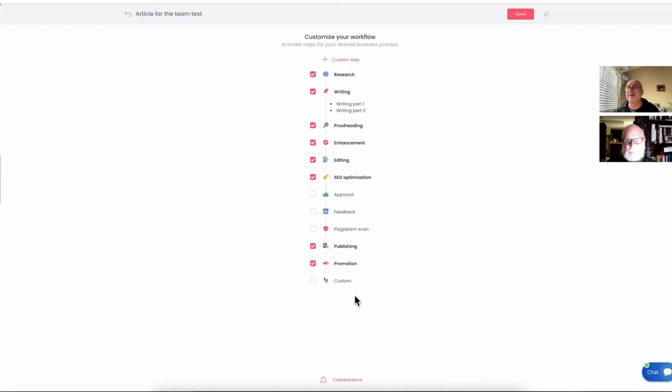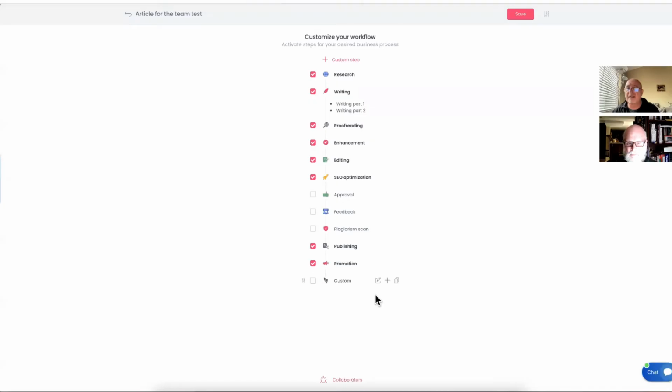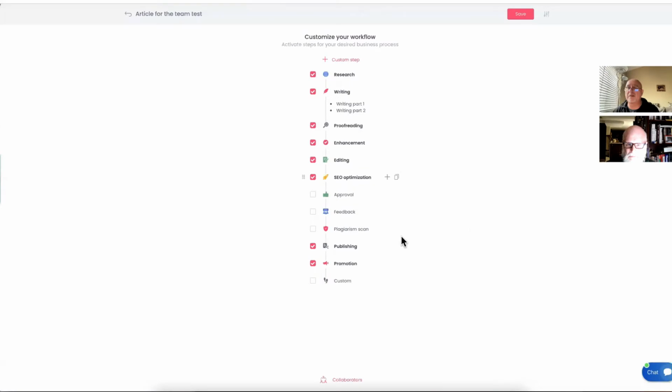Right. So let's say maybe I need some custom steps, maybe something else that I missed and somebody needed. Okay, fine. You can just say custom step. You give a name to that step, you change it and you give it a name yourself, and this custom step will be there and you can drag it. You can create new steps like this and just give a name and it'll populate, drag it around.